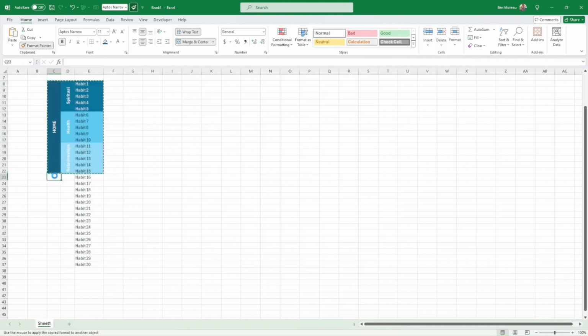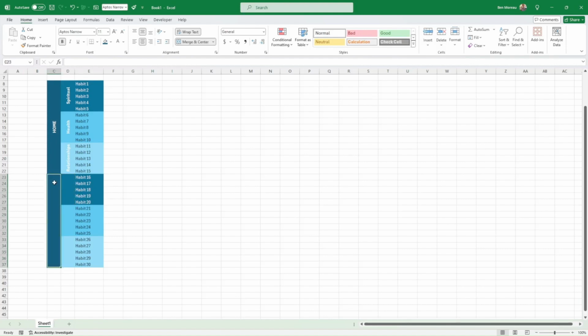So I just copy all these, and I actually, instead of copying, I'm just going to do a format painter. So that will not fix everything, but at least I will do all the merging that we want. So the idea here is to go from lighter to darker, as we've done before. So here I'm going to try and start with a 25%. Here I will be going up